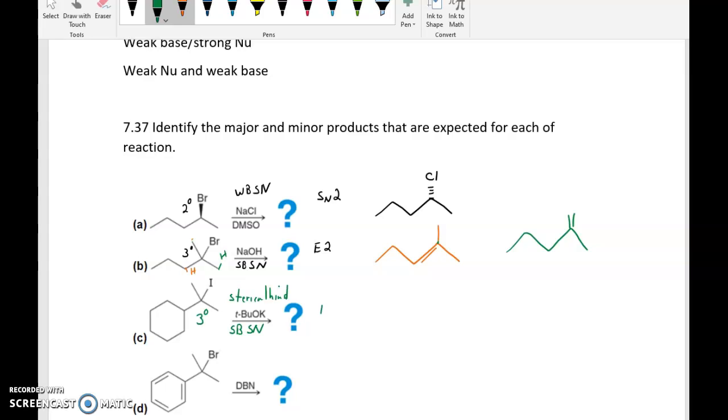That will end in an E2 reaction. So we look and let's get some colors in here. We've got a hydrogen here we could take, and that will give us that compound, or we could take the hydrogen from here, and that would give us